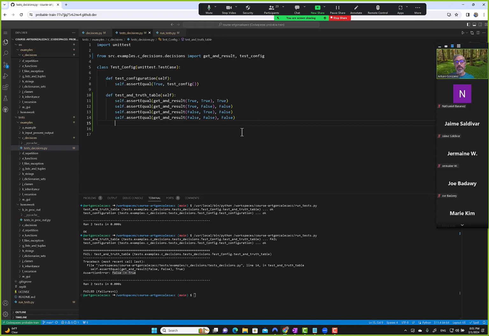Okay, so now we can create one more test case, and this one's for OR. So we say def test the OR truth table. Self, I don't have any code yet. So for now I'll just say self.assertEqual true and true, so that it lets me write some code over here. So let me go back to decisions.py up here,